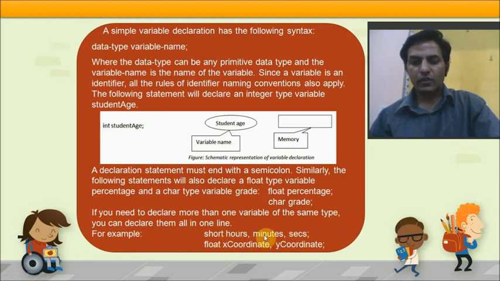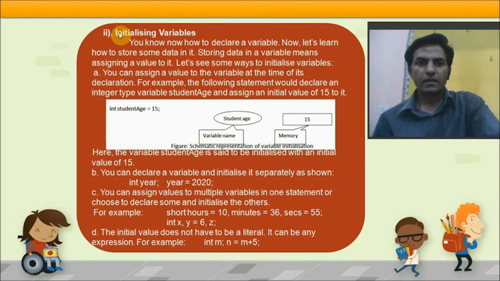That means you are going to use commas in between all these variables. So all these three are of short type. Same with float xCoordinate, comma, yCoordinate. And instead of a semicolon, I am putting a comma so that it will separate both the variables.